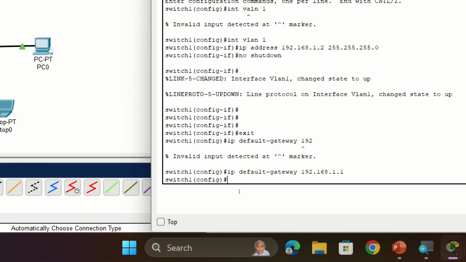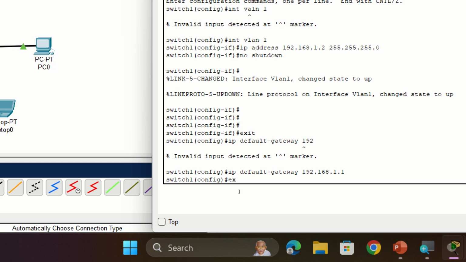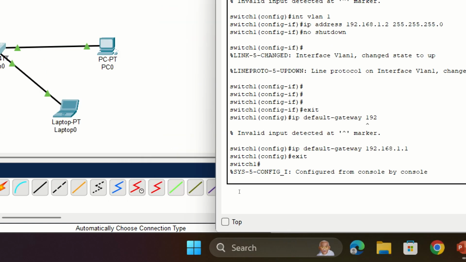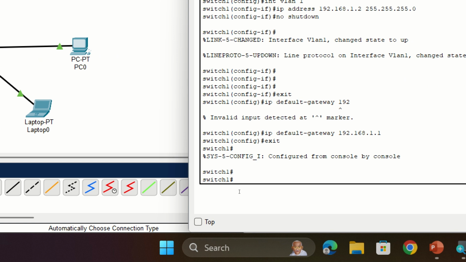If you have a router, then you need to set up your router with this command, ip default-gateway, and enter your router IP. So basically it is used for the router gateway IP. With this command, our switch can communicate outside the local network, right? If you want to exit, just type exit. You can exit here, something like that.